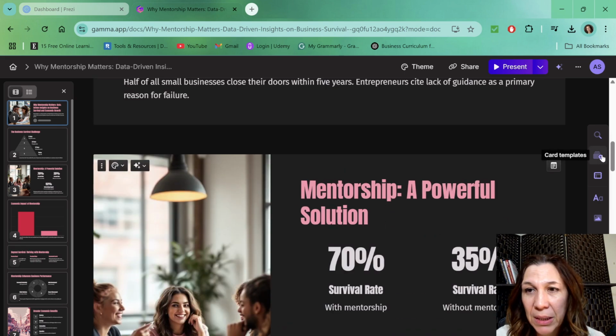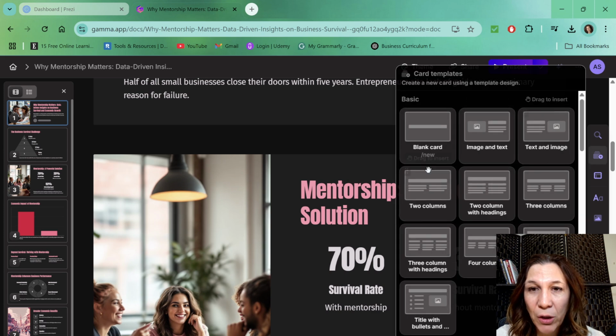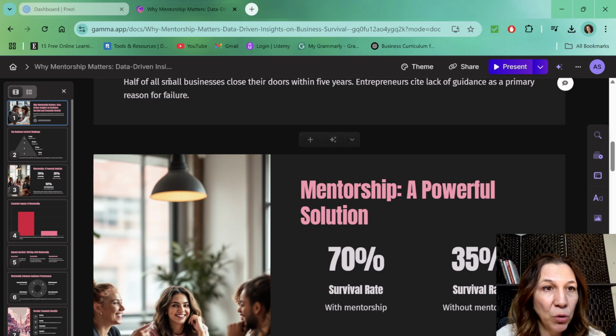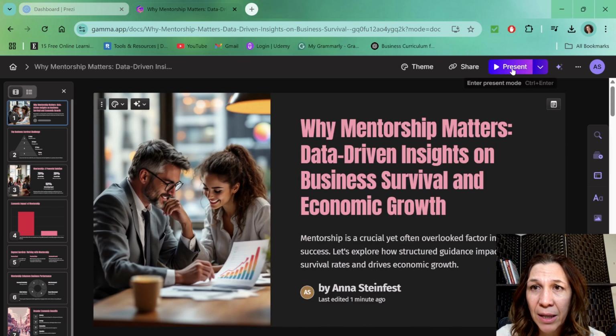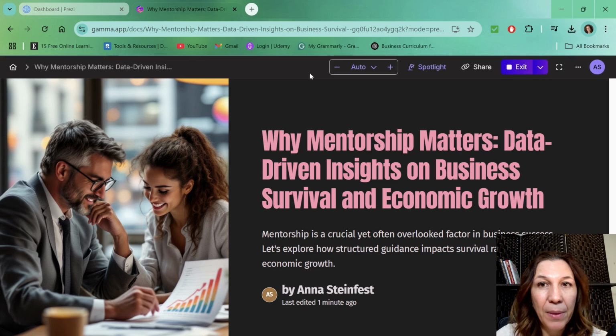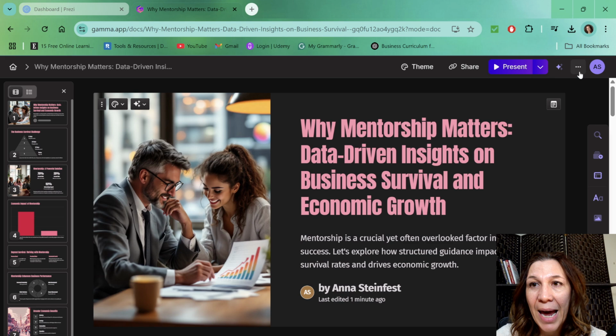Let me see some of the buttons. Well, these are some of the card templates, probably if you would like to change some of the templates. So you do have some freedom of putting videos, embedded apps, or different charts, I'm sure. I like it. And now let's see the presentation mode. Wow, okay. It really works. So let's exit this